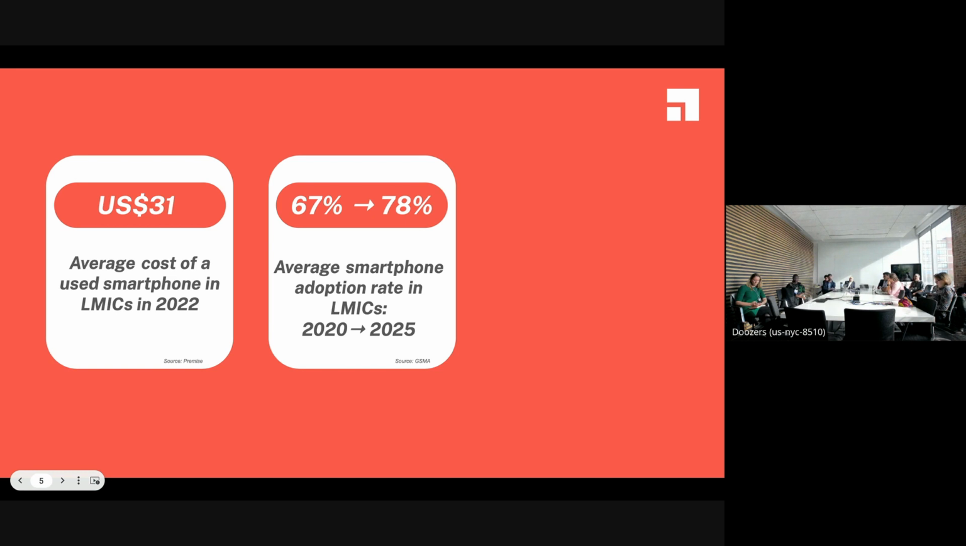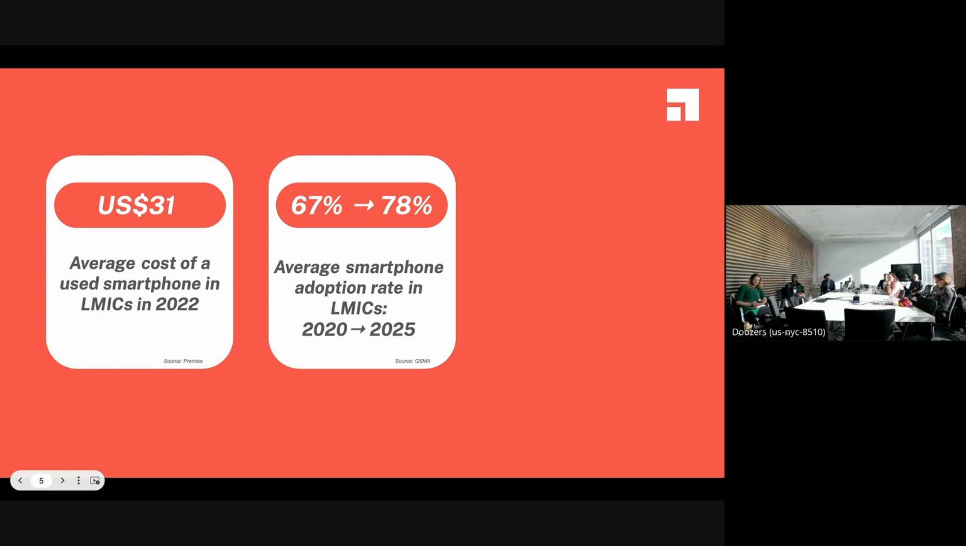We ran a survey with a vast network of individuals living in over 100 countries, and we understood that the average cost for a used smartphone is about $31. So it's becoming more and more affordable to get a smartphone. The GSMA, which is an association of mobile technologies,